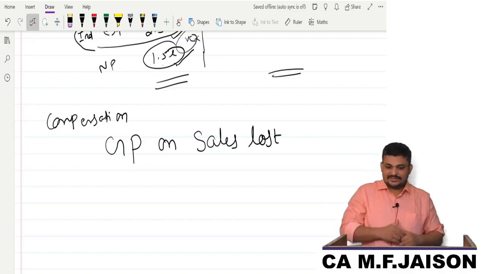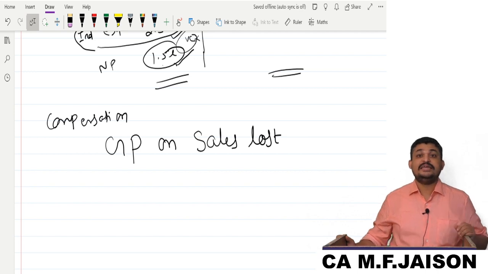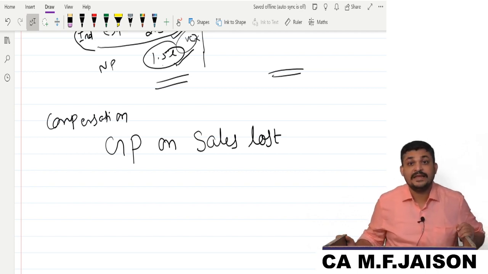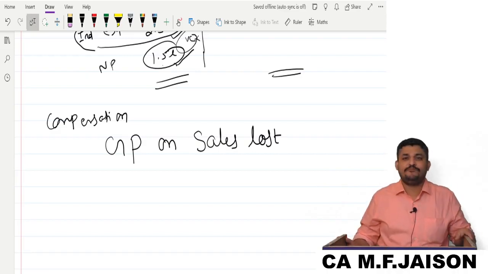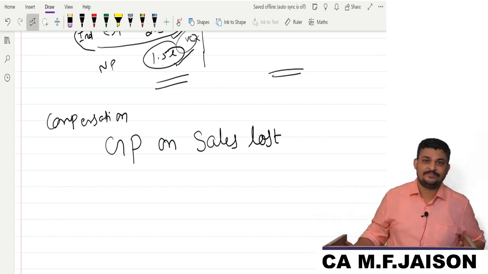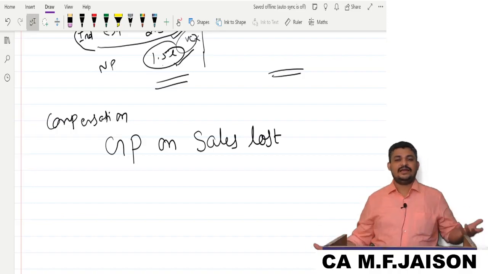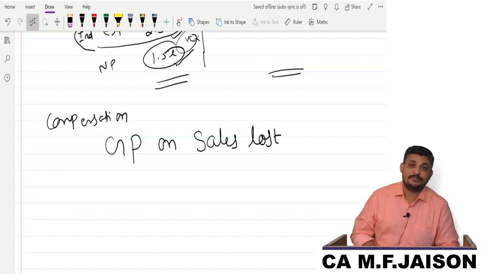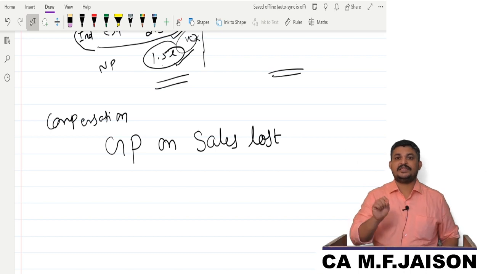So you understand that there should be some limitation period. That will be mentioned in the policy. We call that the indemnity period. What is that period? Indemnity period. Generally it is in the range of 6 months to 1 year, a maximum of 1 year. The indemnity period will never be more than a year, because the maximum period of a general insurance policy is only 1 year. It can be less than that also. It again depends upon the nature of the policy, the nature of the insurance company, etc. So that is what we call the indemnity period. Let me be clear on what the indemnity period is. It is not 6 months or 12 months. It is a period mentioned in the policy.